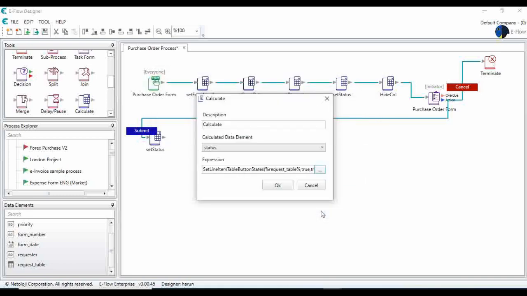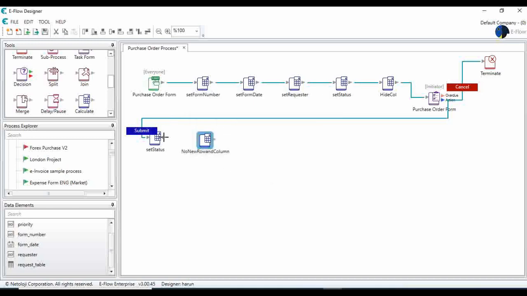So by using this function, let's say here maybe, what can I say? For example, just no new row and column. Okay, and by using the function will stop the purchase department to add any row or column, and